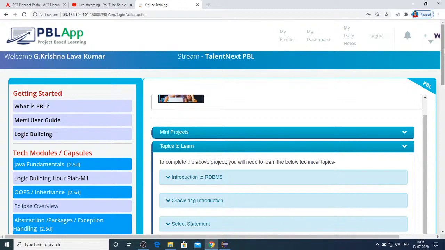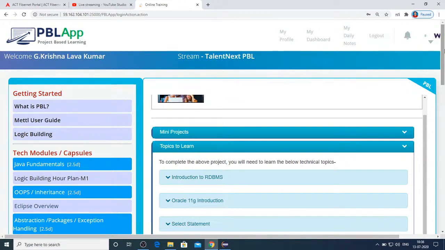RDBMS provides a very interactive query language. The information that is stored in more than one table can also be retrieved using RDBMS. It provides a catalog, which is nothing but like a dictionary that can be useful for retrieving information.